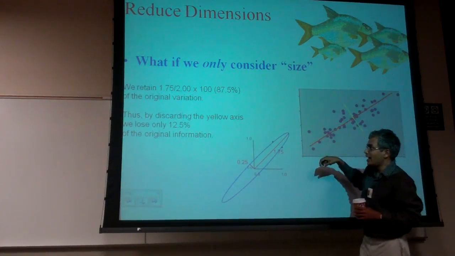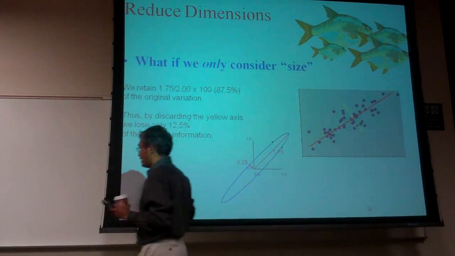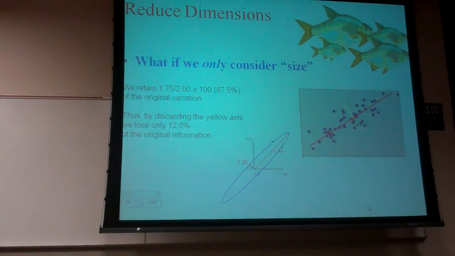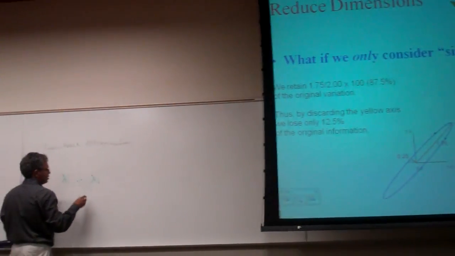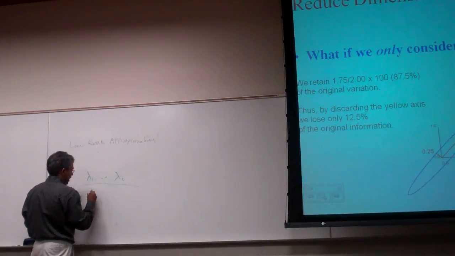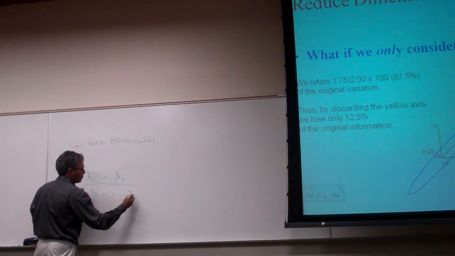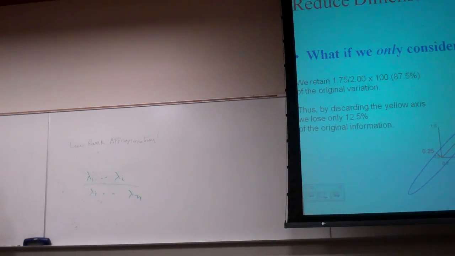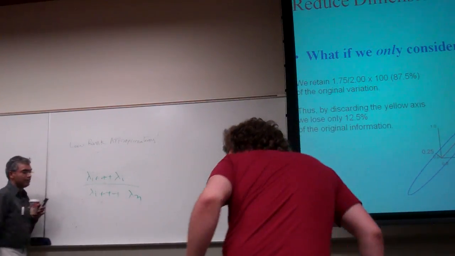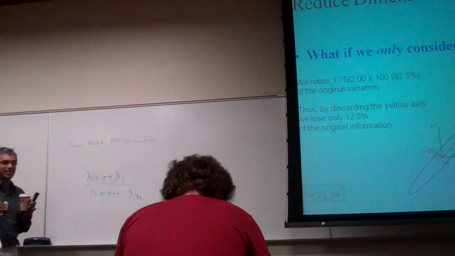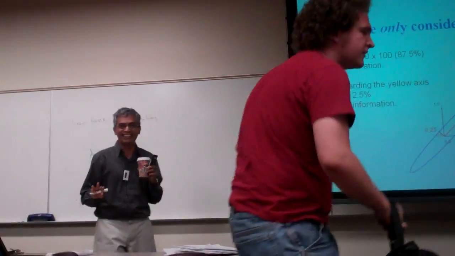To do that, if you are keeping lambda 1 up to lambda i, and lambda n is the total number of eigenvalues, then you add the ones you keep, divided by